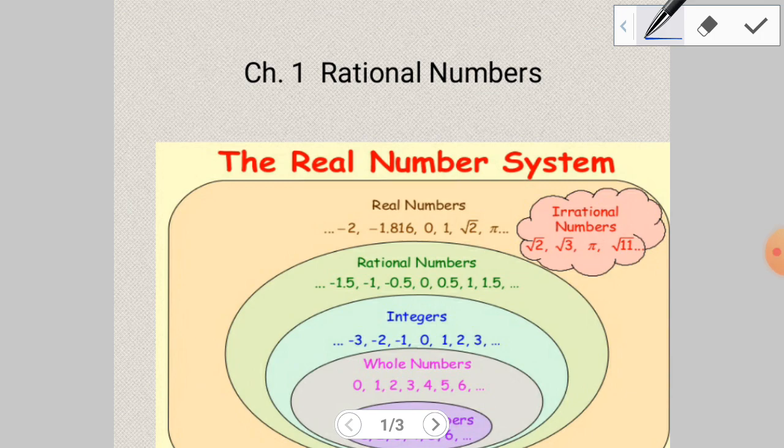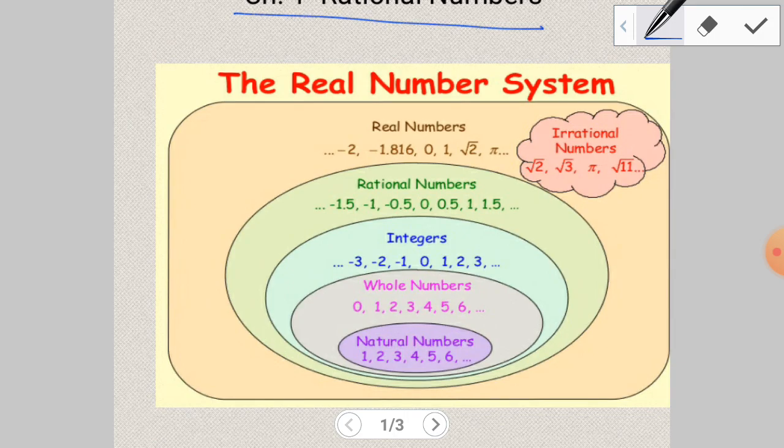Today we'll discuss chapter 1, rational numbers. Rational numbers are a part of the number system. So first of all, we will discuss the number system. So in the number system,